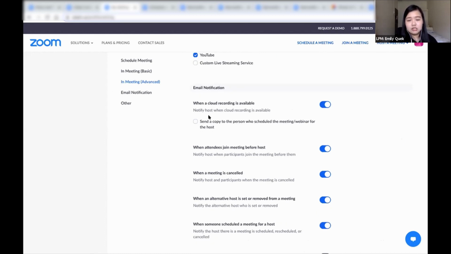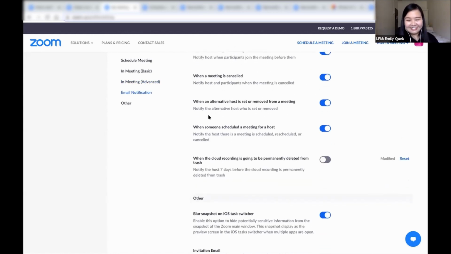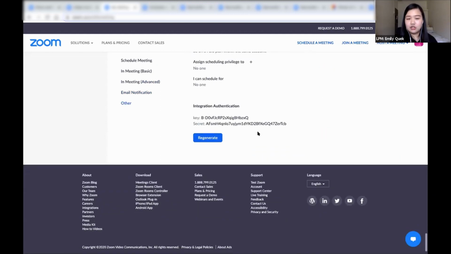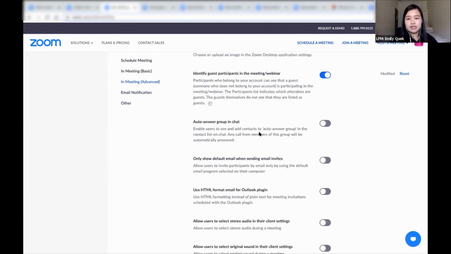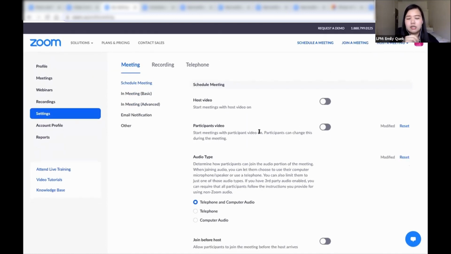Email notifications, very simple. It's just a matter of deciding what you want to be notified on. For me, I turn on practically everything, and that is it. So that's all the settings that I think I need to bring to your attention. The other things are very technical. You can go and play around with it, but usually these few functions have been enough for us to optimize